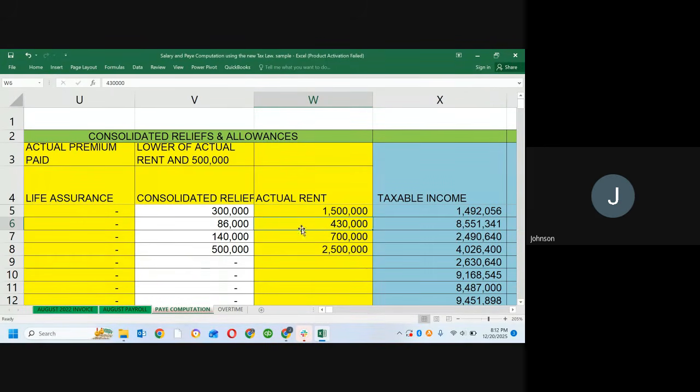The second person is paying 430 million. That is the actual rent. The next person is paying 700,000. The next one is paying 2.5 and so on and so forth. So the taxman is saying that what I'm going to allow as the relief now is the lower of 20% of your actual rent, okay, or